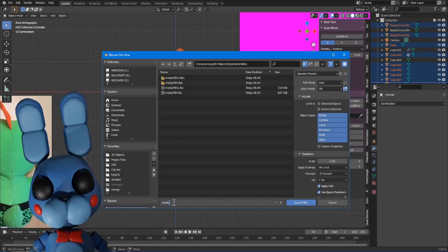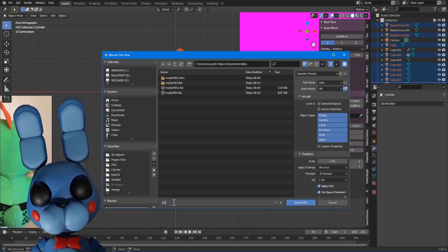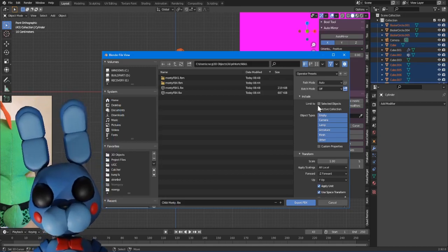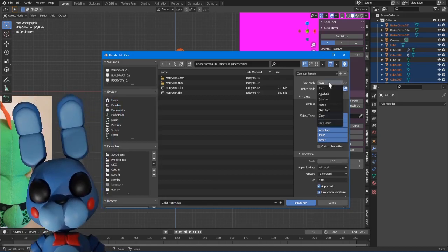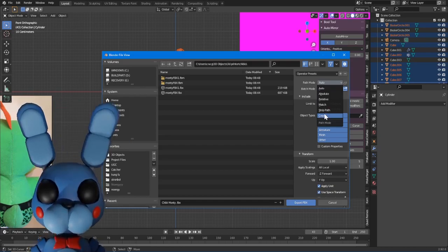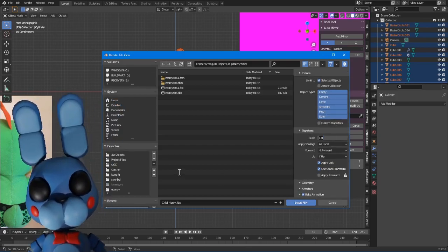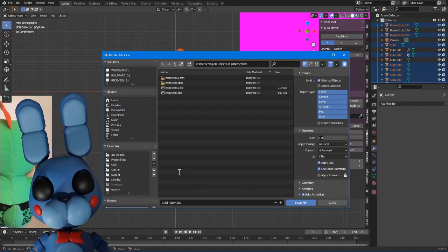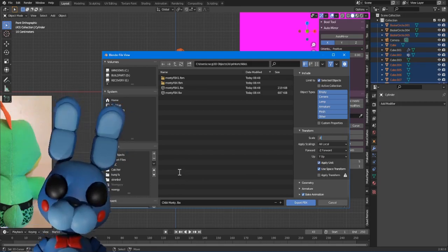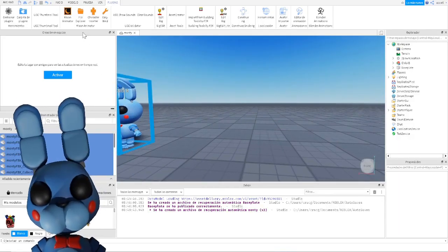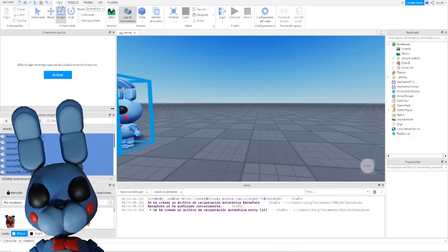For example, Monty, Chibi Monty, this is going to be Chibi Monty, and then you just select the objects, auto, you change it to copy, and then in the scale, because it's an FBX, we are going to set something like 0.015,